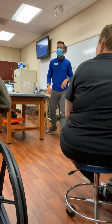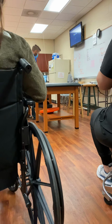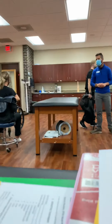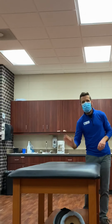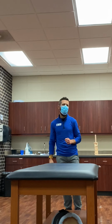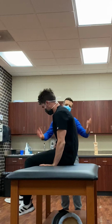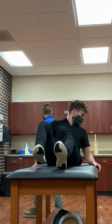Can I use this table? Who's usually here? All right, well, Noah's going to come be my mom because he wants out of that chair. Are you in it because you have to be? No. Oh. I should have used Stephanie. Are you in it because you have to be? Next time, maybe. All right, so go ahead and lay back for me. All right, so while he's kind of getting ready,